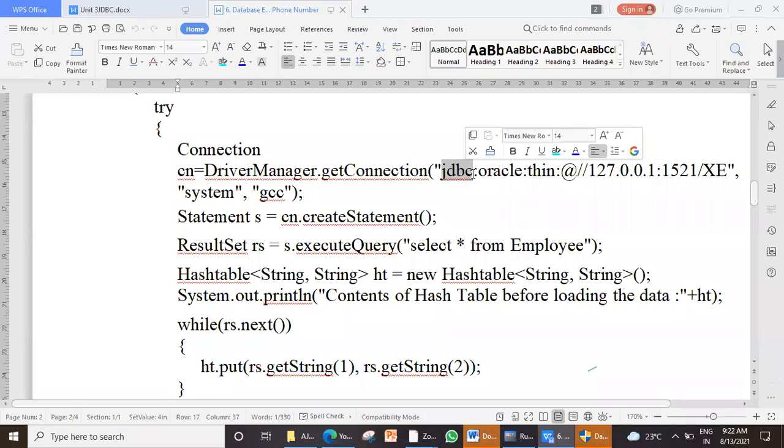Java Database Connectivity. Now with later enhancement of this JDBC, it provided separate drivers for each of the database backends. So here we are using a driver for Oracle. It's called Oracle Thin.